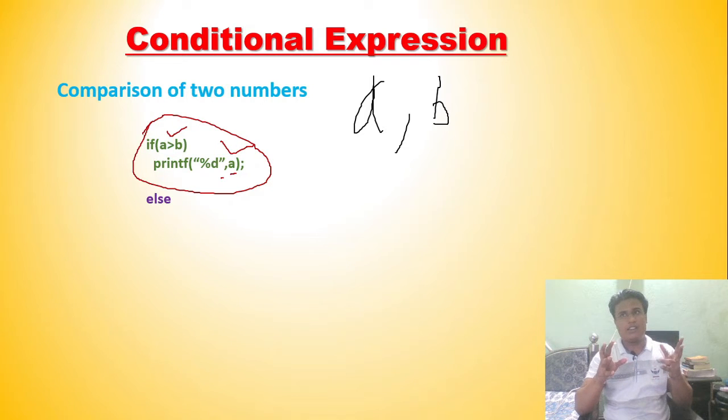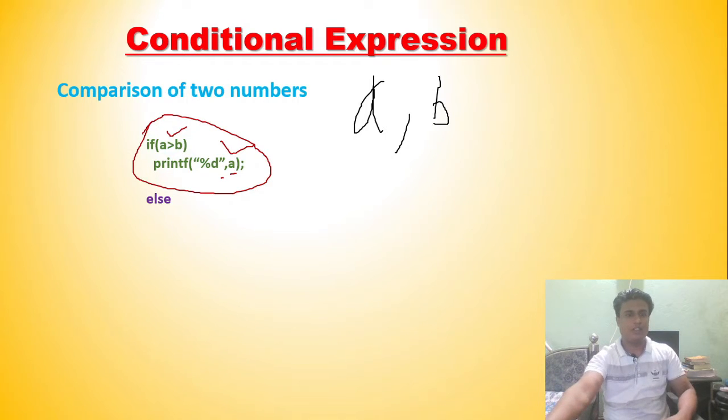There can be two cases. Either A is greater than B or B is greater than A. Let us assume that A and B have distinct values, not equal values. So hence there will be only two cases. Either A will be greater than B, or B will be greater than A, or B will be less than A, or A will be less than B. Okay, you are getting it? There are many ways of saying this. Similarly you can write in many ways. C language also has many ways to describe anything.